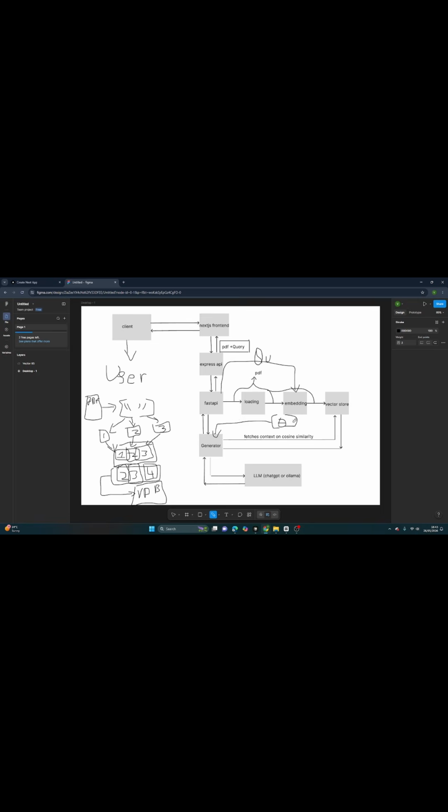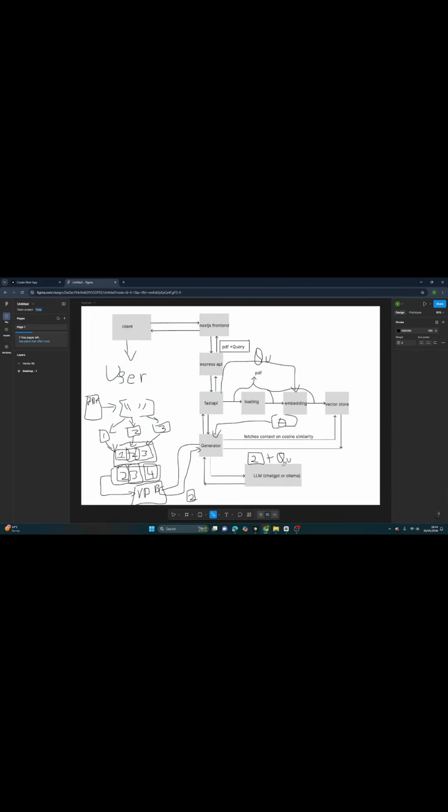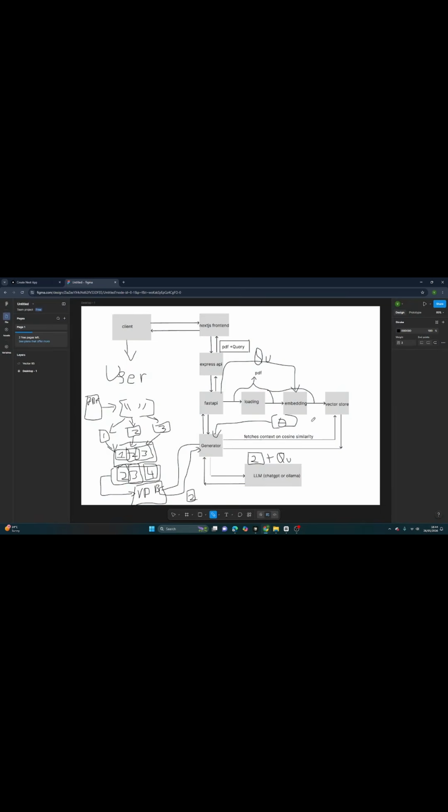So essentially, to break this down, it's going to take your query. I ran mine through Ollama, but as you can see, it's fairly slow when you run it through Ollama. I might consider using the ChatGPT OpenAI key. And finally, it's just going to be sent back